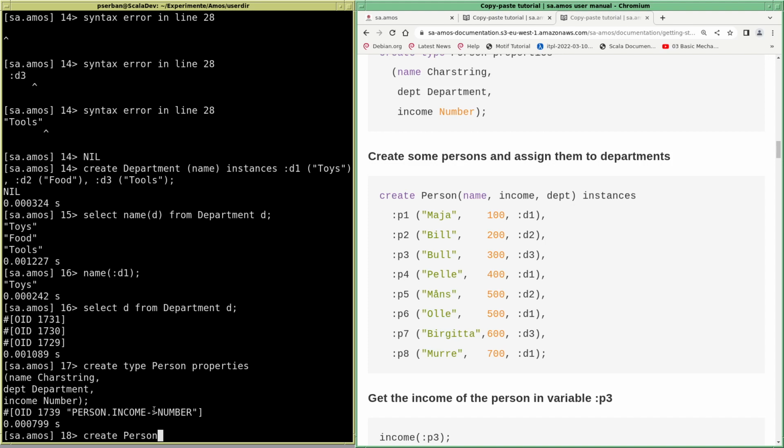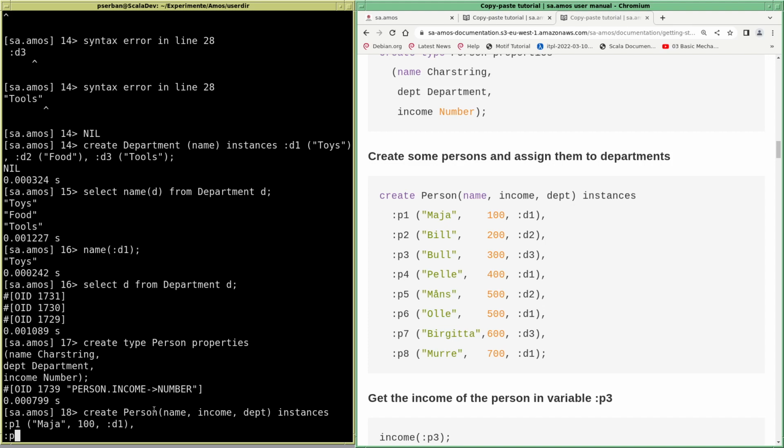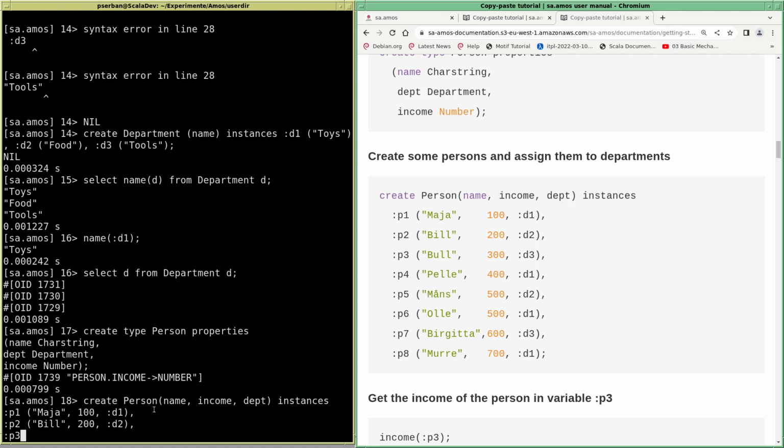Create person, name, income, depth, instances, and the list of instances: P1 Maya 100 D1, P2 Bill 200 D2, P3 Bull 300 D3,